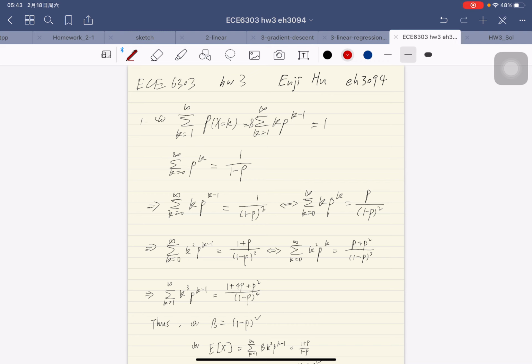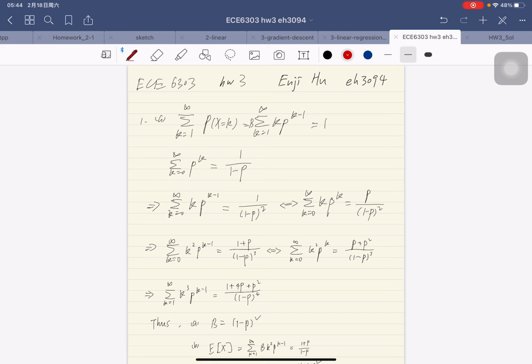Okay, let's talk about the first problem. And we know that the sum over k equals 1 to infinity of P(X = k) should be 1, because the total probability becomes 1. And according to the formula,